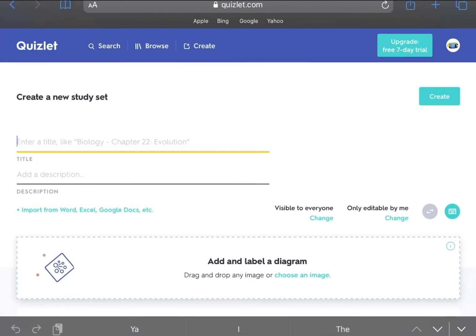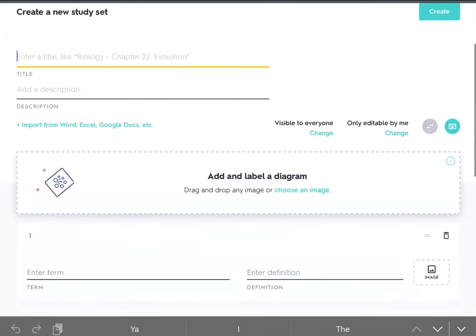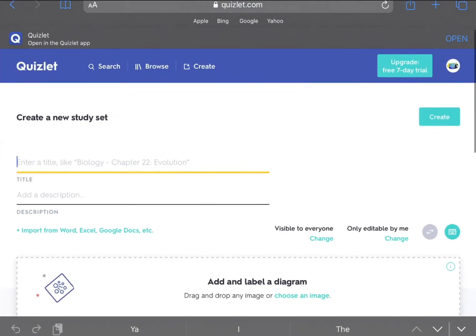So let's just do, I don't know. I have no clue what to do actually. I kind of want to do something other than math terms. I want to do other terms. I can only think of math right now for some reason. So let's do addition this time. Addition. Okay, so title